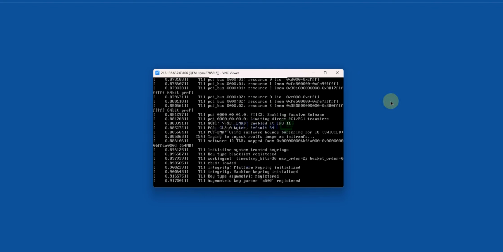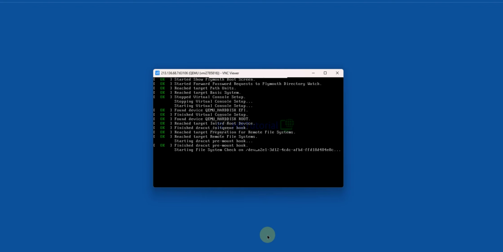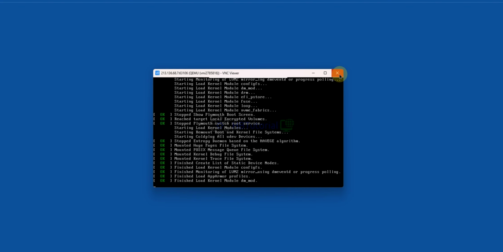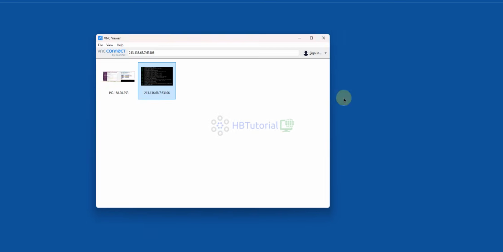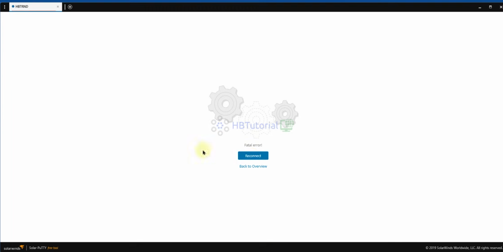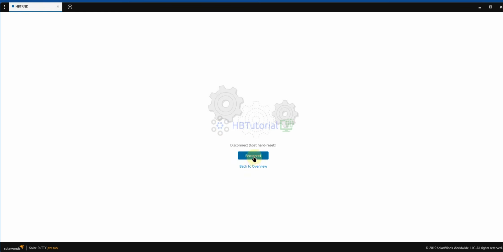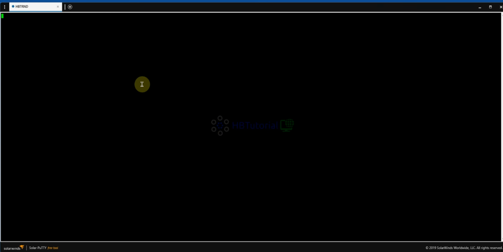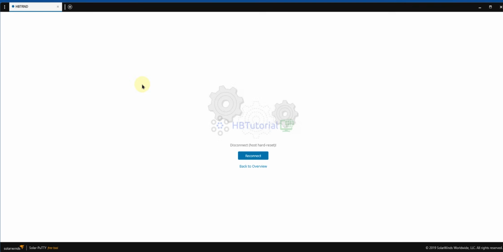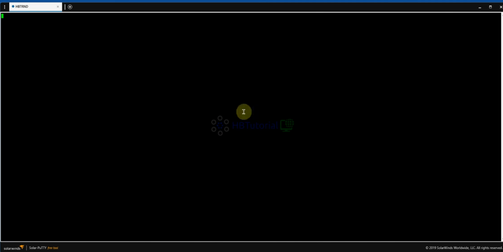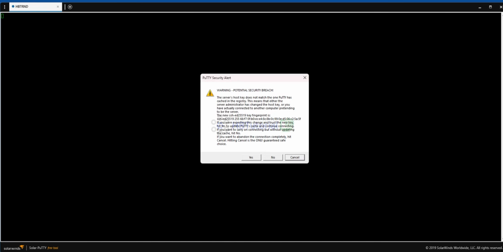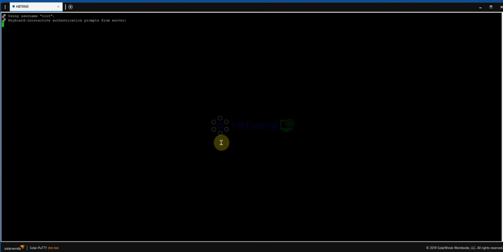After the successful installation, I will close my VNC and continue to use my PuTTY access, or the SSH. So we need to wait. Okay, we are now here. Then yes.